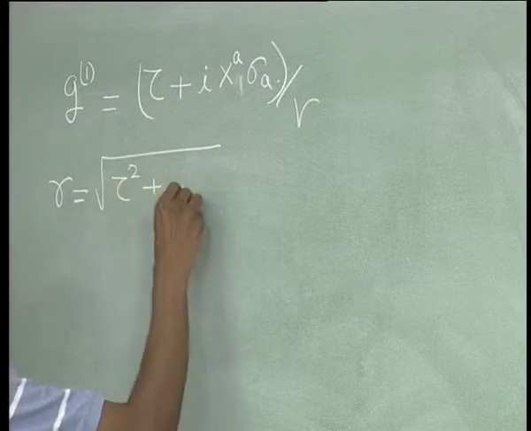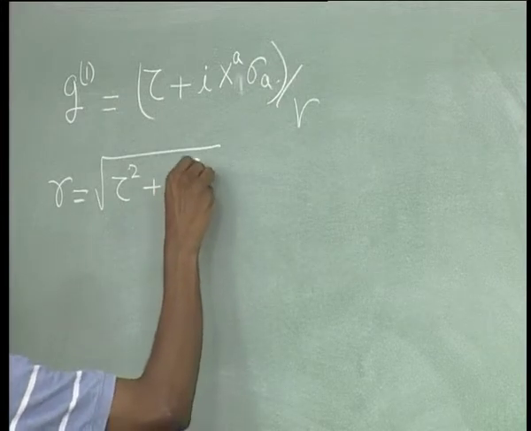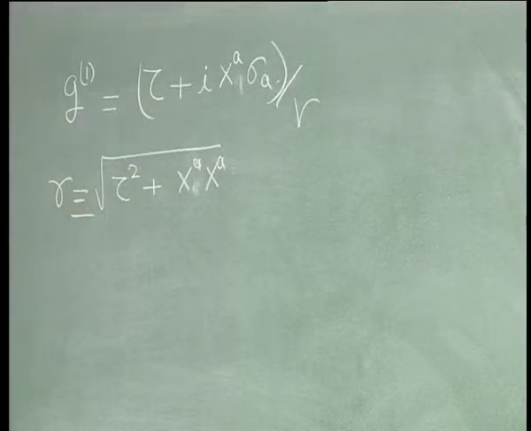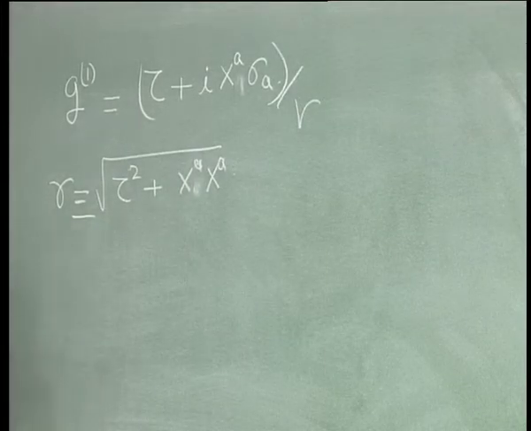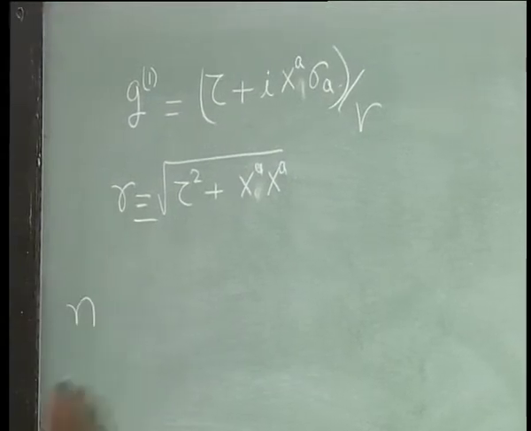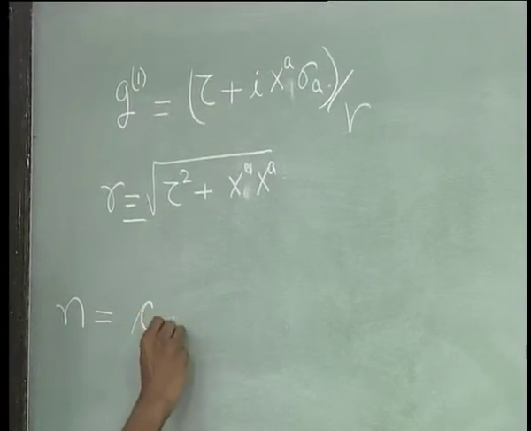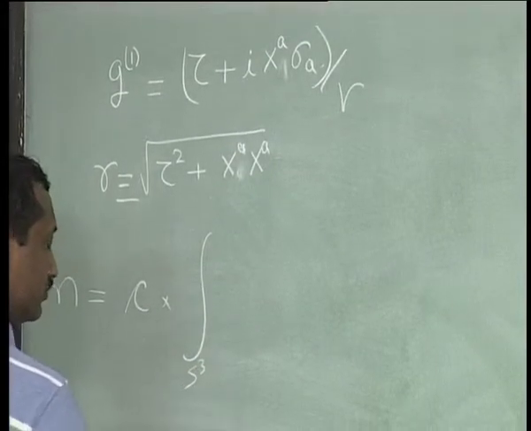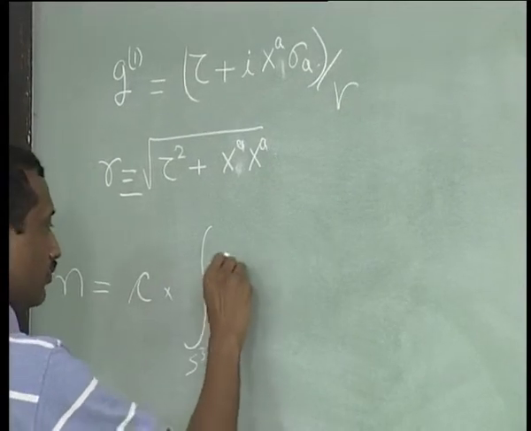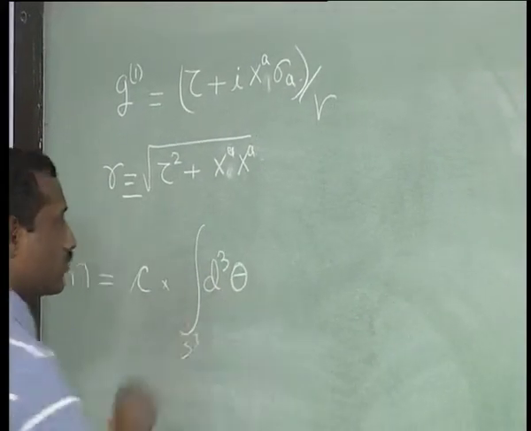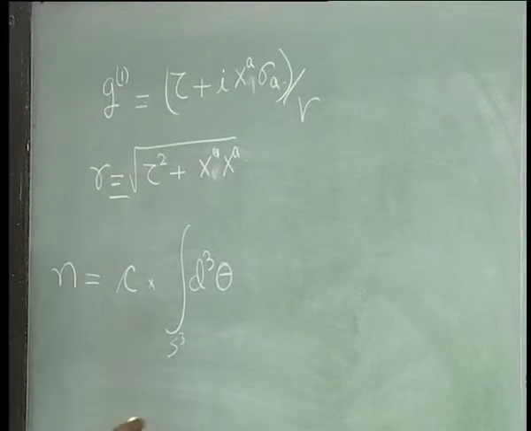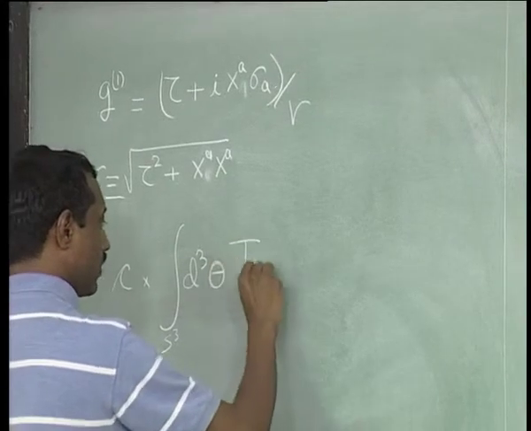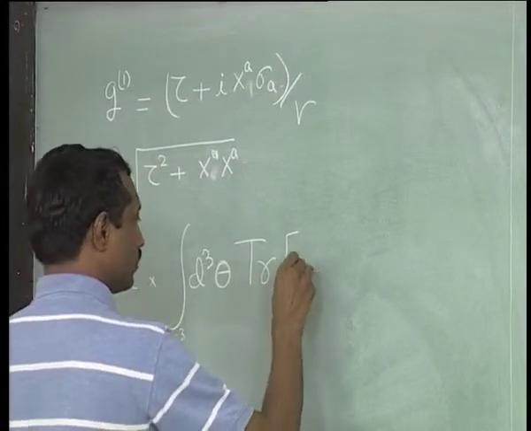So, but anyway, this is the definition of R, and so the idea was to define n, the winding number, to be some constant times the integral over the 3 sphere, some bunch of coordinates thetas. I gave you an explicit representation of that last time, and times the trace of